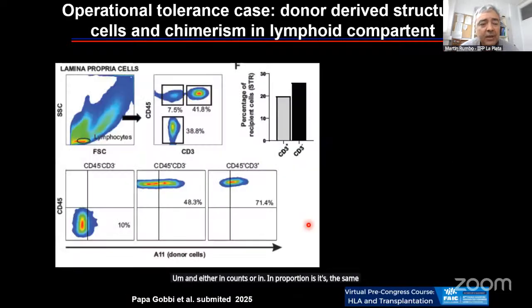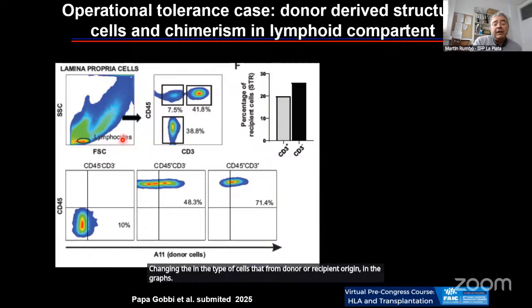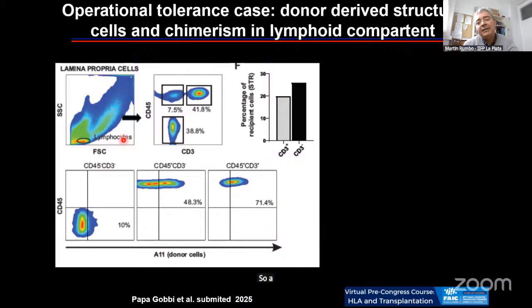It's the same situation. We also wanted to understand if there is some change in the type of cells from donor or recipient origin in the graft. So finally, in these graft biopsies performed almost 3 years after being released of immunosuppression,